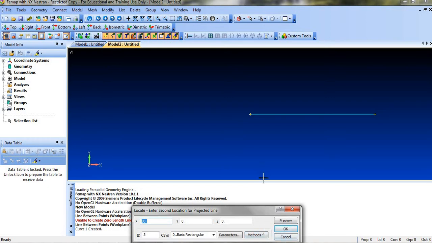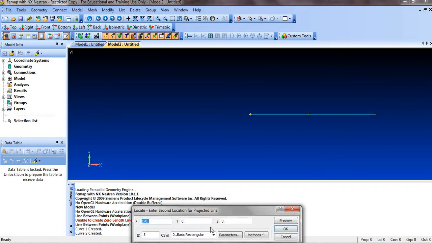The distance of node 4 is 170 millimeter, correct. So change this length x as 170, y is 0 and z is 0. Click OK. So now after node 5, you know that node 4 and node 5 are at the same point. So in order to create node 5, no need to change the dimension because node 4 and 5 are at the same point. So node 5 is also 170, y is 0 and z is 0.